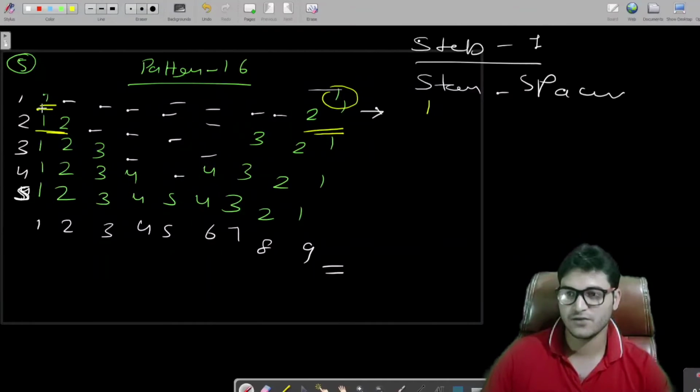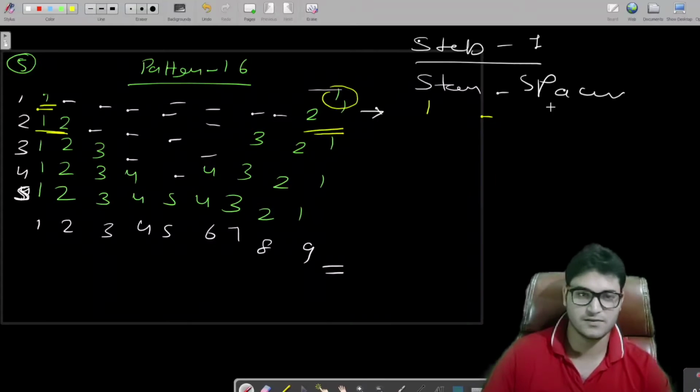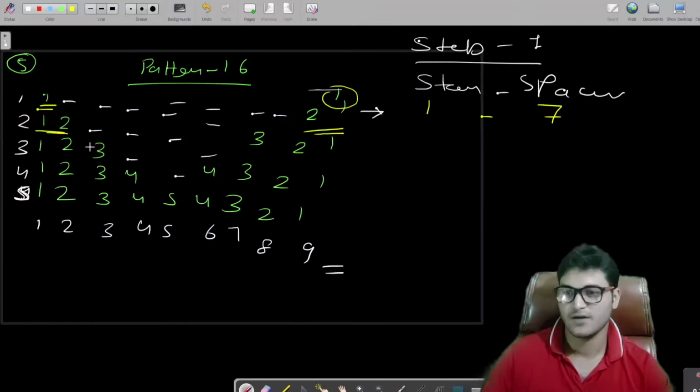So for the first row we are having 1 star, and how many spaces do we have? 1 2 3 4 5 6 7. We have 7 spaces. In the second row we are having 2 stars and 5 spaces. You can count, we are decreasing the spaces by 2. 1 2 3 4 5. You can see here we are having spaces till here only.